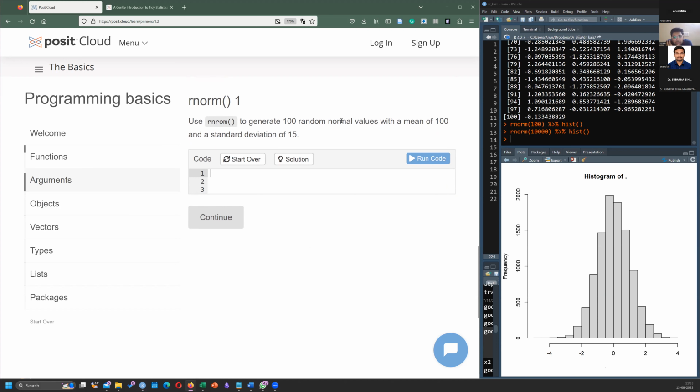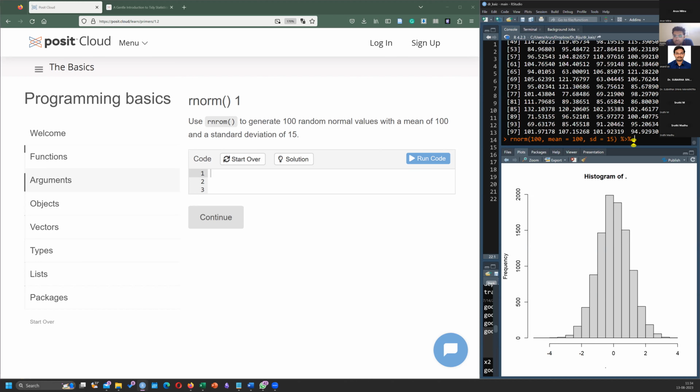Use rnorm to generate 100 normal values with a mean of 100 and standard deviation of 15. So shall we do this question? Can you guys tell me how you would do it? rnorm(100, mean = 100, sd = 15).